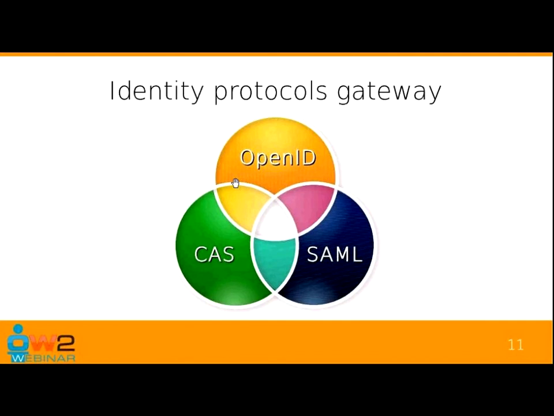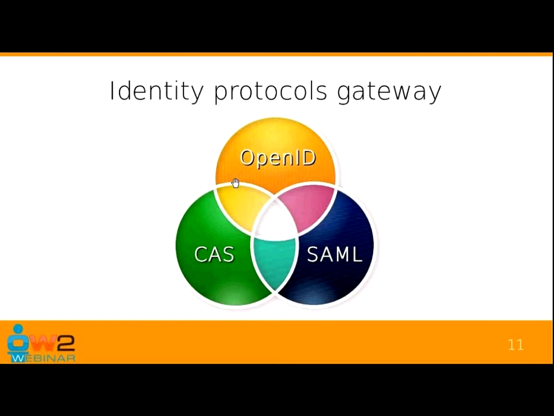Then you have OpenID, which allows you to choose your identity provider by entering the URL of the identity provider. And then the last, SAML, is a very complex, security-based protocol, which allows authentication through XML secured